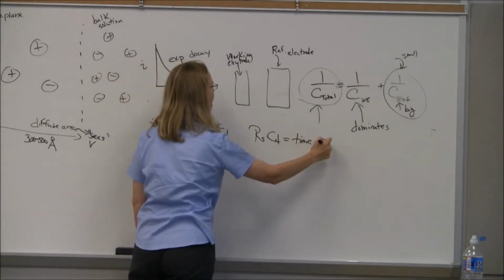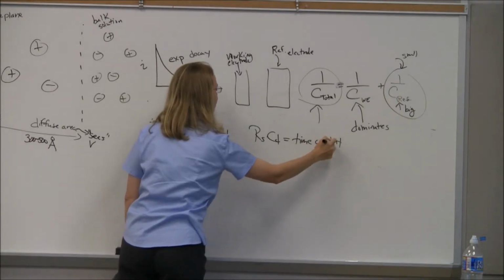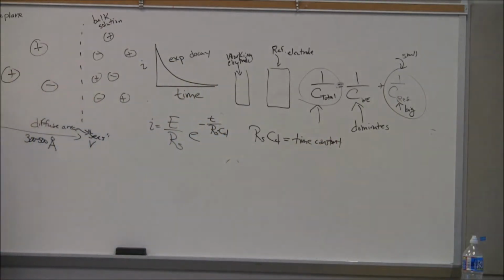So sometimes people will ask you again, what's the time constant? So then you have to take into account any resistance that you have and the exponential decay. And so if we have a small electrode,